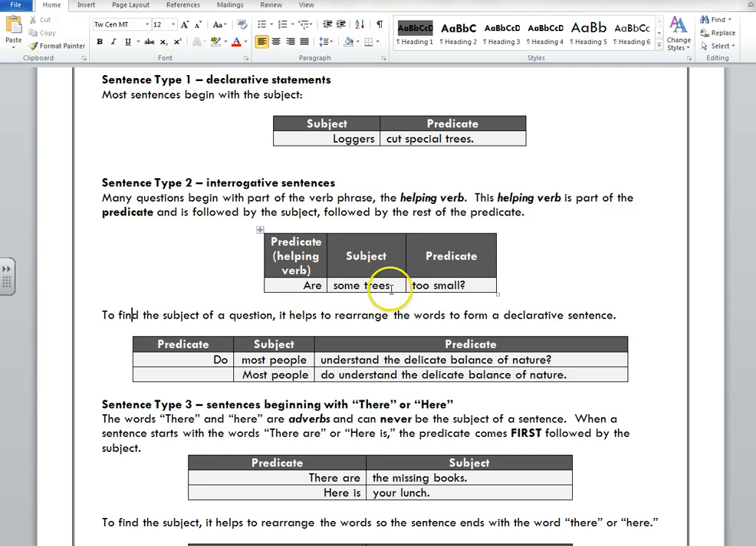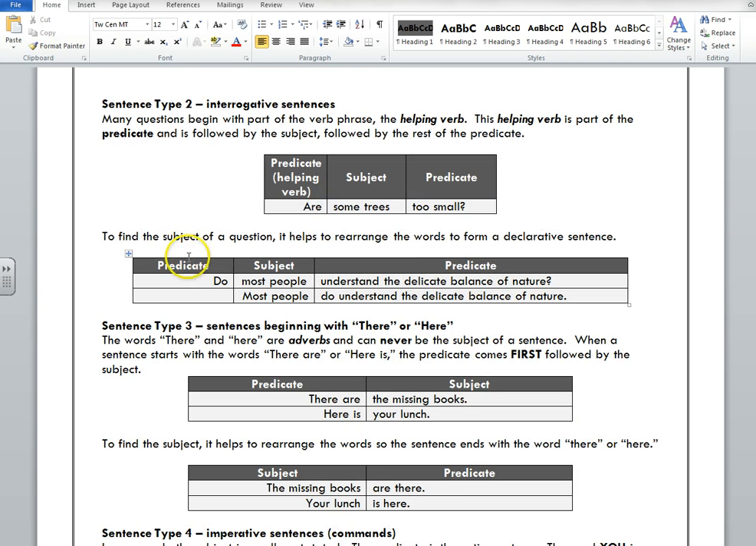You always have to separate your H's, your V's, and your S's. So in this question, are some trees too small? Here we have our verb, are. The sentence is about trees, but too small is still part of the predicate, right? Some trees are too small would be our statement, okay? So you have V, S, and then predicate following it as well. It's helpful to remember that this is going to be the sentence structure and you're going to find your